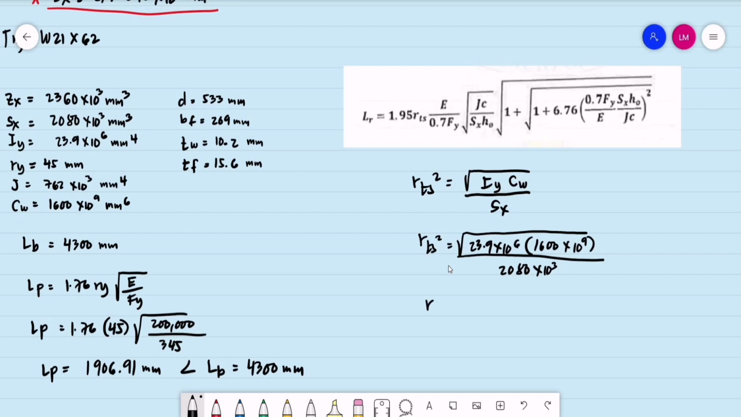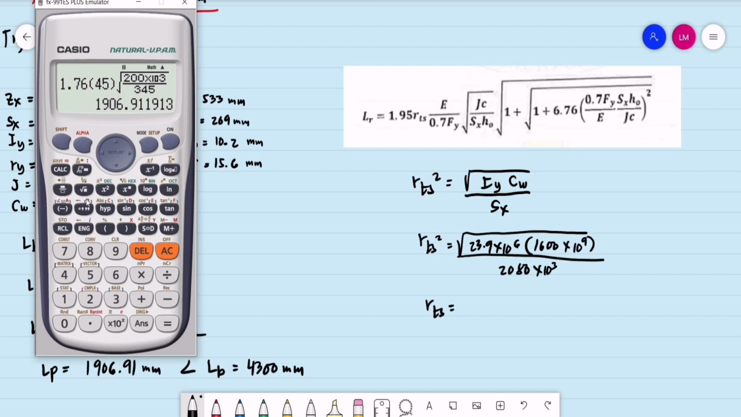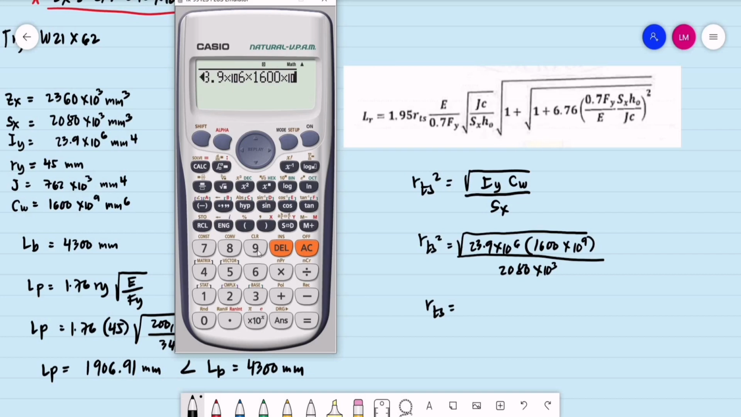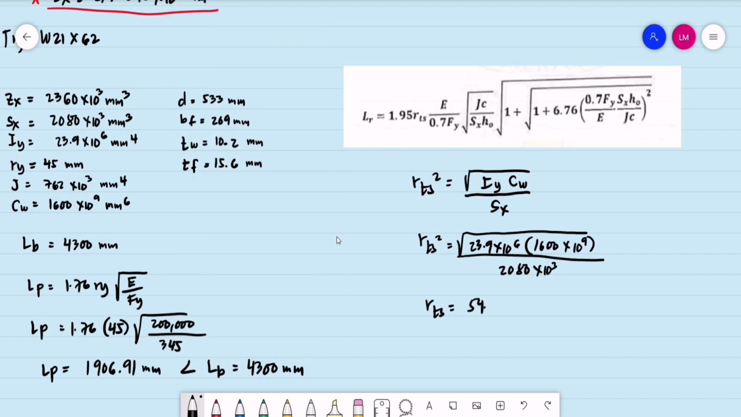So computing for the effective radius of gyration, this is the square root of 23.9 times 10 raised to 6, multiplied by 1,600 times 10 raised to 9, then divided by 2080 times 10 raised to 3. Then we take the square root. That is 54.53